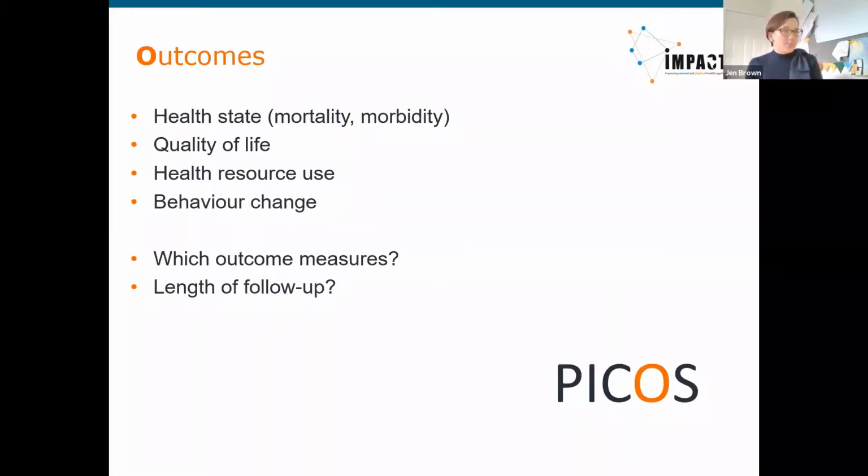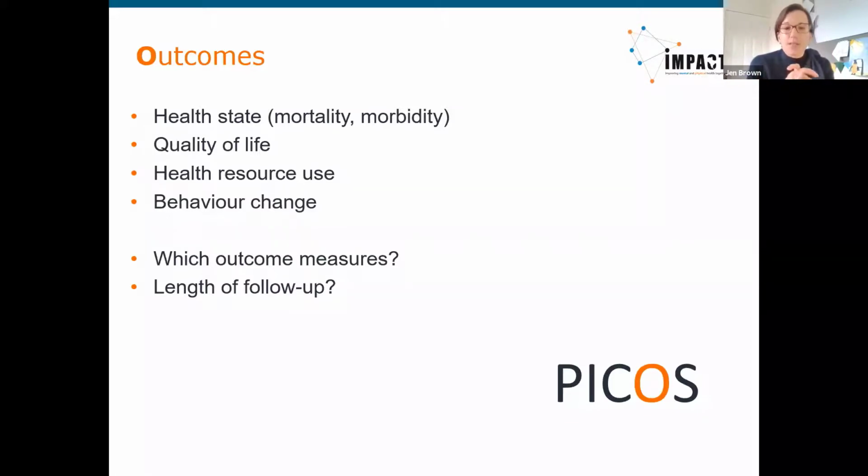Talking about outcomes, the O in PICOS. Often in healthcare research, obviously the outcomes are a health state. So is it death or illness, which are often top of the list there, because that's the kind of thing that we want to treat or prevent. And adverse events come into play here as well. Quality of life is often a key outcome, and health resource use, especially if you're interested in comparing